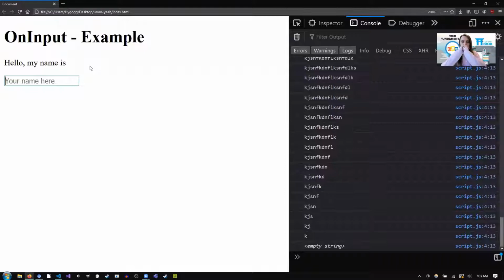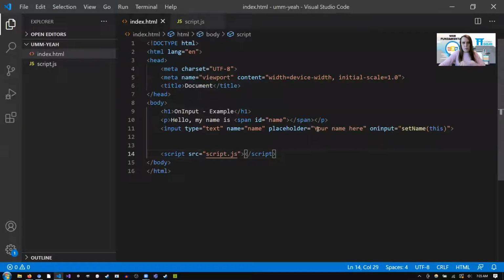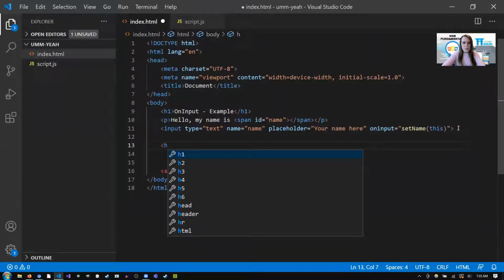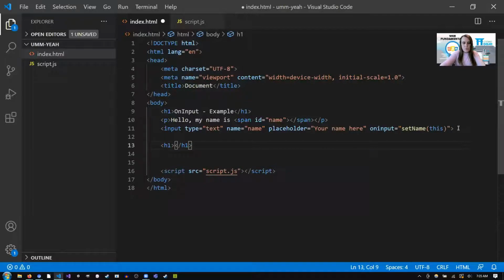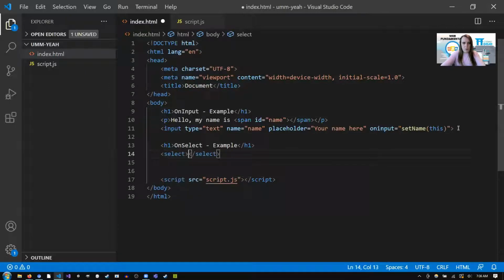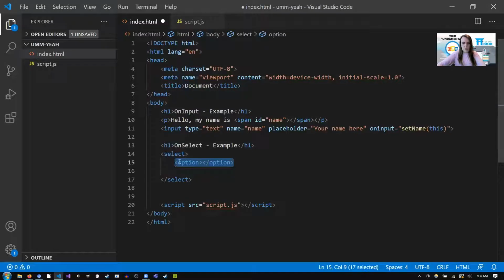All right, so let's move on to the other example. So for the other example that we want to go over, let's have an H1 with onSelect example. And for this one, we'll keep it nice and simple. We'll just use a select tag. Remember that the select tag takes options. For now, these are just going to be hard-coded options. There's no fancy place for them to come from. And we'll just say,